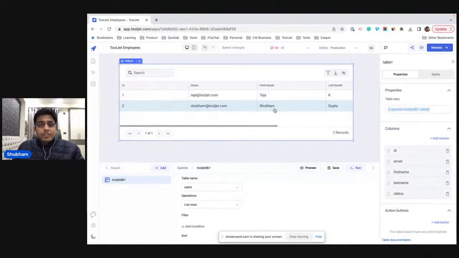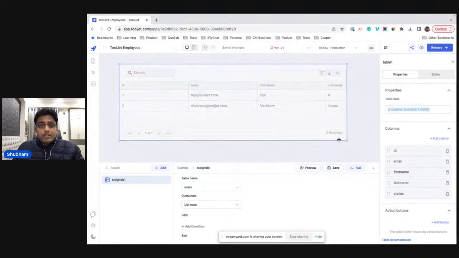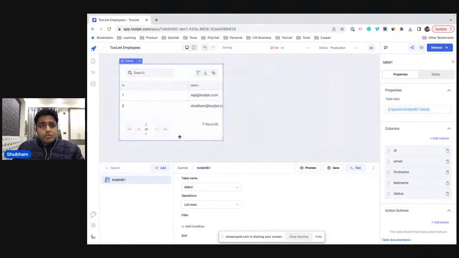So a conjugation of both external databases and ToolJet databases could be really powerful in building complex applications and complex business logic, right? So that could serve really important use cases. Cool. So this was quick